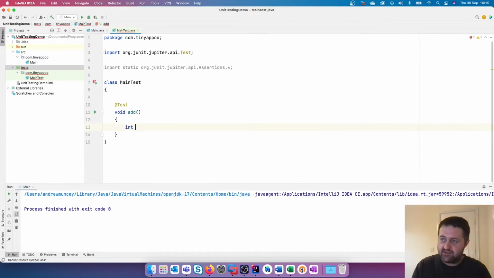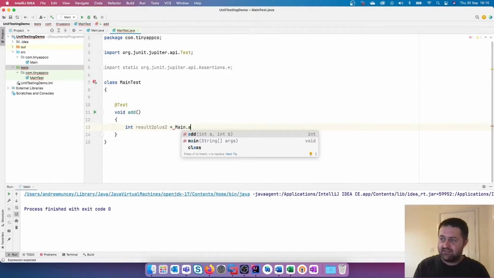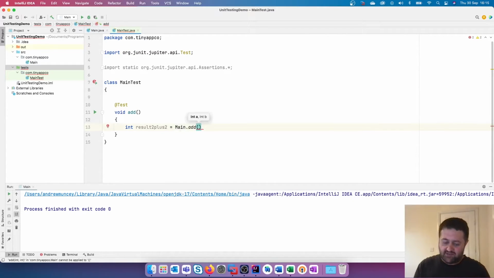I might say int result, I don't know, 2 + 2, and then I might call my method from my Main class, which is called add. Okay, because it's a static method, I'd write Main.add. Okay, and then I'll pass in, we're going to test it with 2 + 2. Okay, and then we're going to assert that the result that we would expect, so if we've added 2 to 2, we'd expect the result to be 4. So we can assert